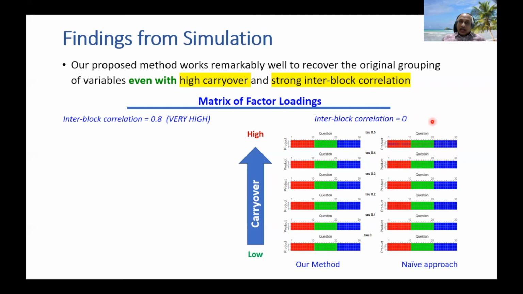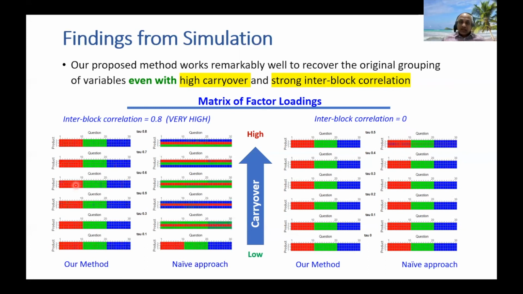Now, with the high interblock correlation, it's a different story. The heat maps for the naive approach are often not vertical. They are sometimes instead horizontal. And sometimes there is some color bleeding or different shades of color in the heat map, which makes the heat map quite confusing and incorrect. What this says is that the naive approach does not work in the cases where interblock correlation is high.